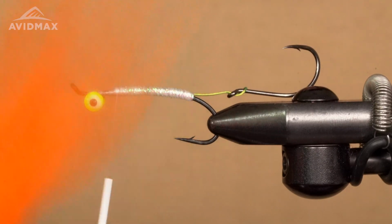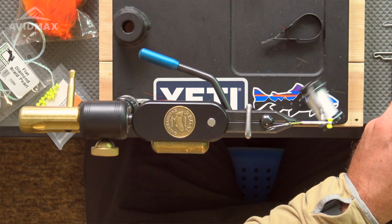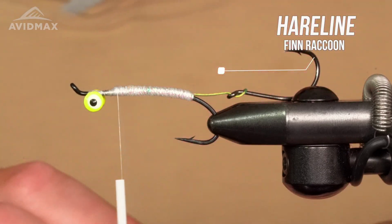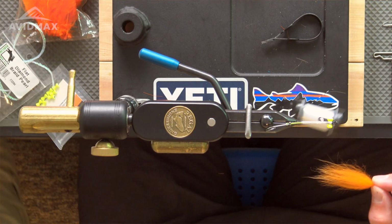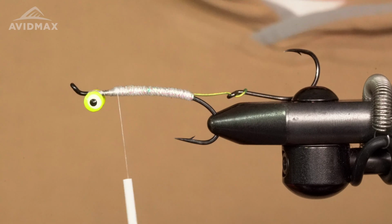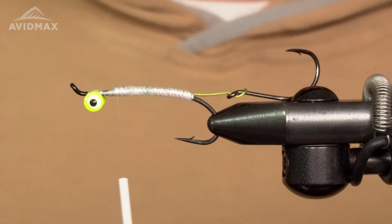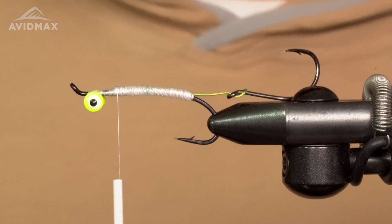So got some fin raccoon here, and we're going to grab a patch of that. Don't want too much, so about a little puff. And then I'm going to pick out these longer, thicker hairs so that I'm just left with the guard hair underneath. This is good length, so I like using tweezers, D-loop tweezers here from Loon,